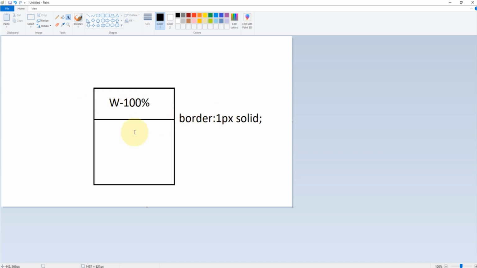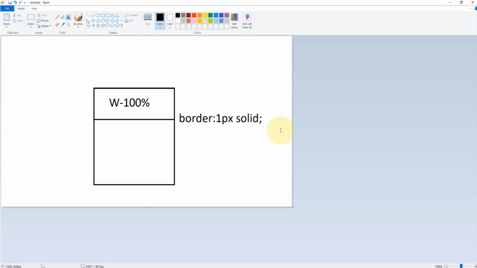So the border will be appended on four sides of that element, and the element's width is going to increase by 1 pixel on all four sides. That's the logic, guys. That's why this horizontal scroll bar is coming, because of this 1 pixel increase. We should apply the border to that element so that it is inside of our element.